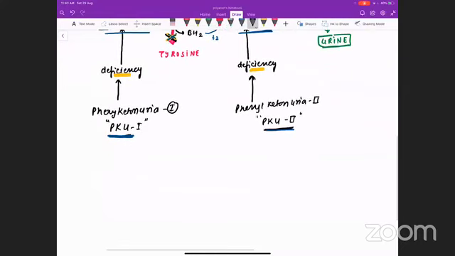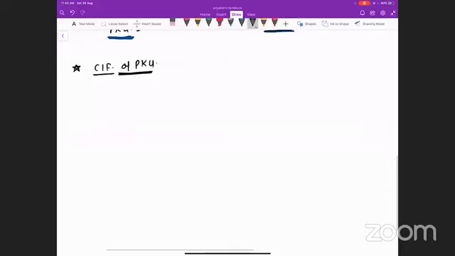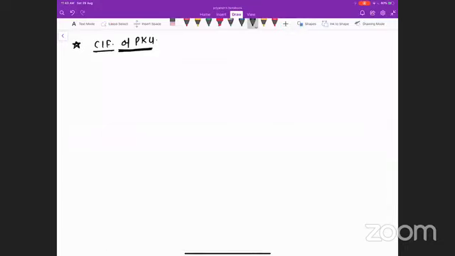So once we are clear with the pathophysiology of phenylketonuria, now we'll see the clinical features of PKU, how the patient of PKU is going to present to us, and when we are going to suspect PKU. If I ask you the question, have you ever seen a patient of PKU in your neighborhood, or have you heard about PKU in India, you will say no, we have never heard about this disease in India.